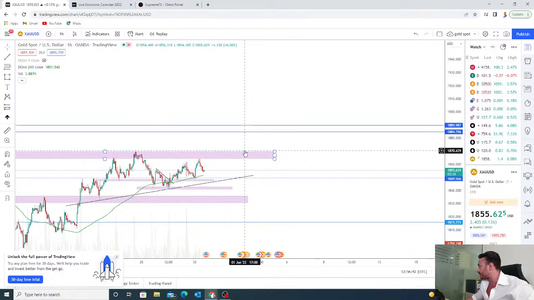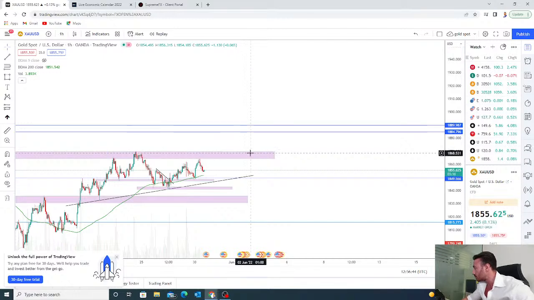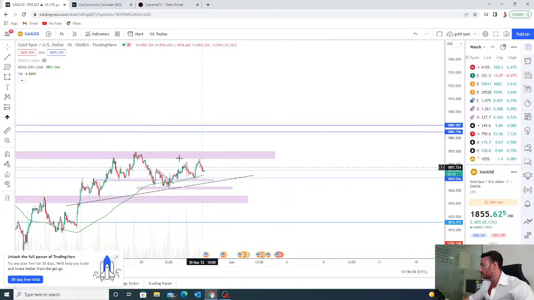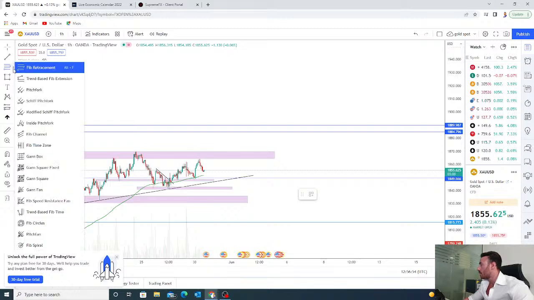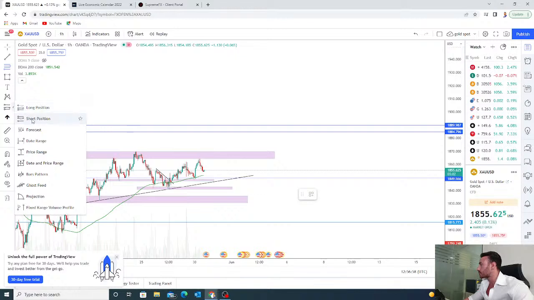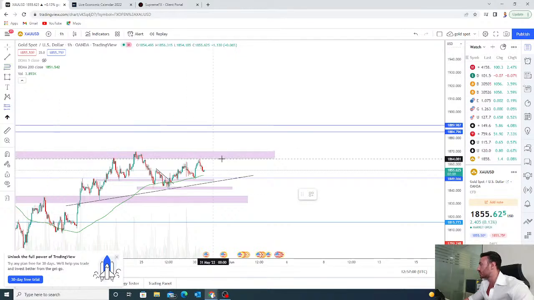I would put my sell, as I said, 70 to 75. So let's put our first sell order. There we go. Short position, I will put my short just right